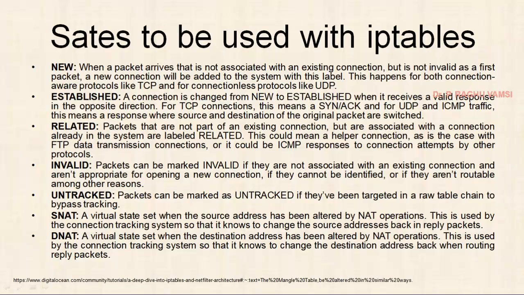Whereas in the case of dynamic NAT, it will be done dynamically, a virtual state set when the destination address has not been altered by the network address translation operation. This is used by the connection tracking system so that it knows to change the destination address back when the routing reply packets